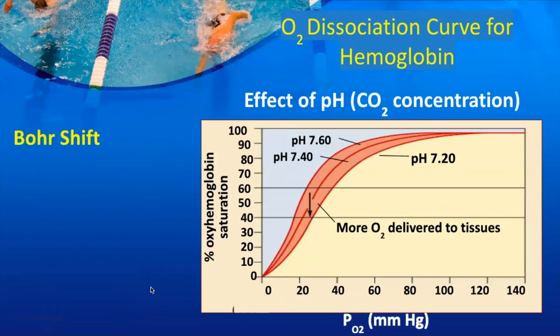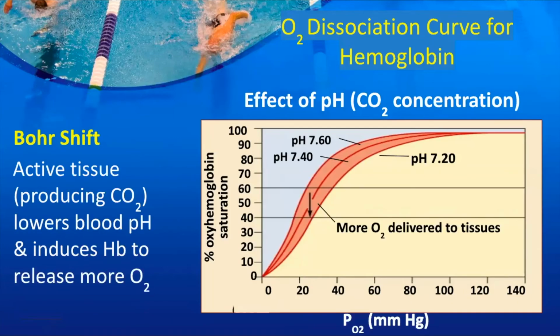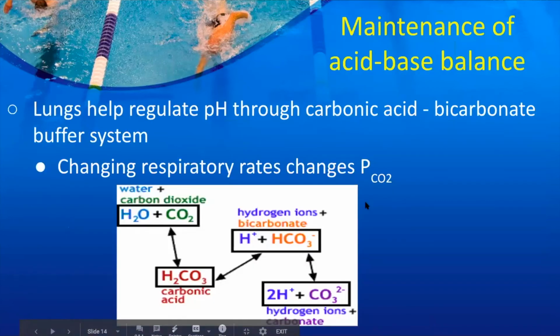And then this explains the pH with the same thing. When you're exercising, you're producing CO2. CO2 makes your blood more acidic. So doesn't it make sense? If I'm active, I need more oxygen. So again, hemoglobin releases oxygen when the blood pH is more acidic. So those are both the Bohr shift. So far, so good? Okay, so we talked about carbon dioxide, and we're going to keep going with that